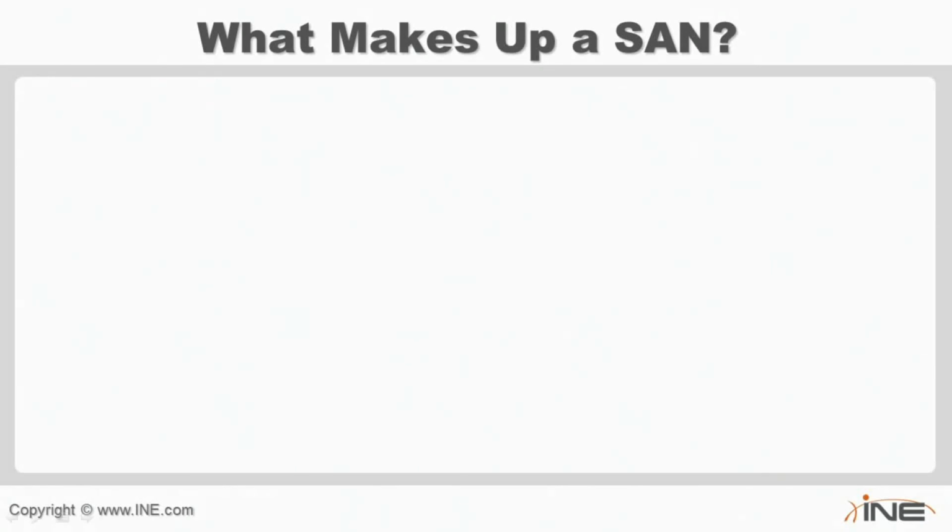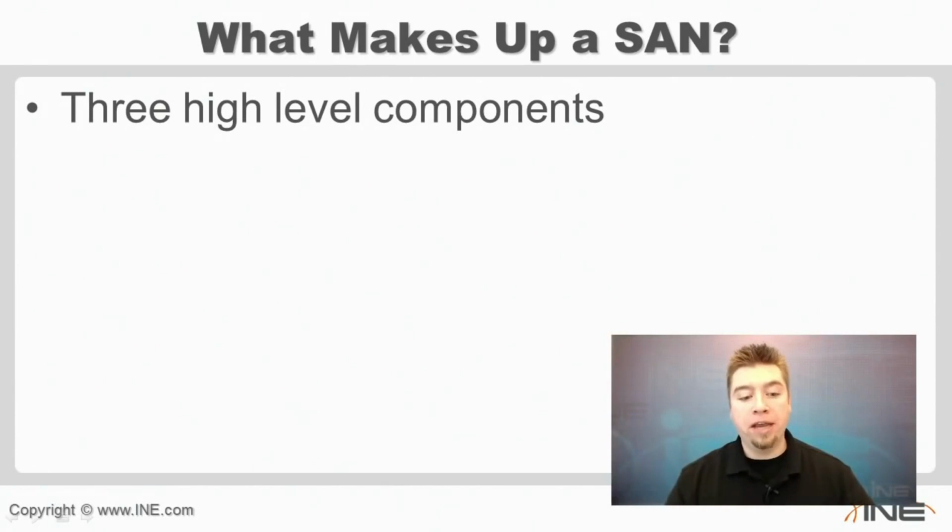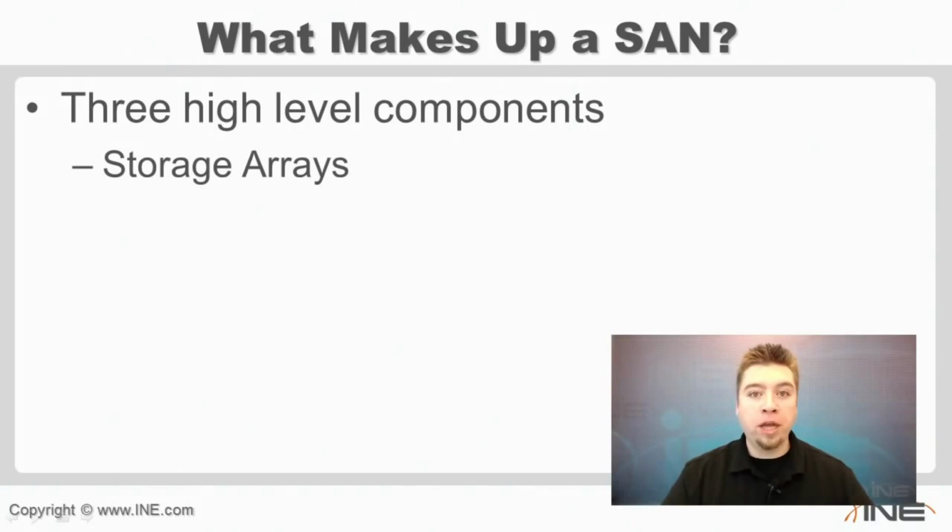Very high level overview, there's essentially three components that make up the storage area network. The first of them obviously is the actual disks. So the storage array or the disk enclosures where we're actually housing our physical disks, whether these be spinning platters like SAS disks or SATA disks, or whether they be the solid state disks, the SSDs. Basically any enclosure that's talking to the network that's actually housing the storage. This is going to be basically the most important component, because that's where our actual reads and writes are going